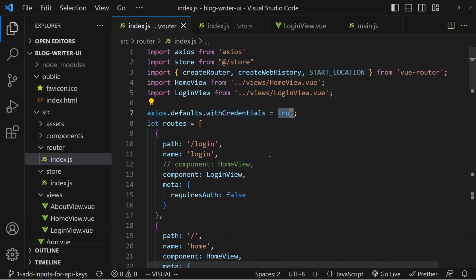Once I have this set, one last thing that I need to make sure of is that when I run my app, the front end and the back end have to be either both on localhost or both on the 127.0.0.1 address. So if your front end is on an IP address and your back end is on localhost, then that's not going to work. So everything has to be in the same URL. It could be different ports, but it has to be